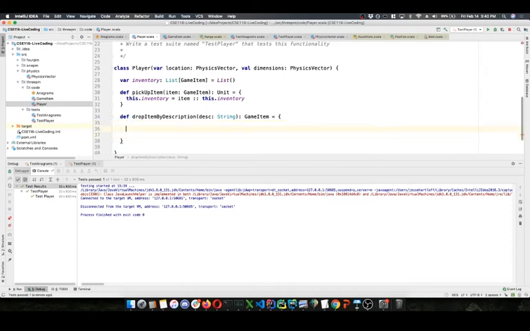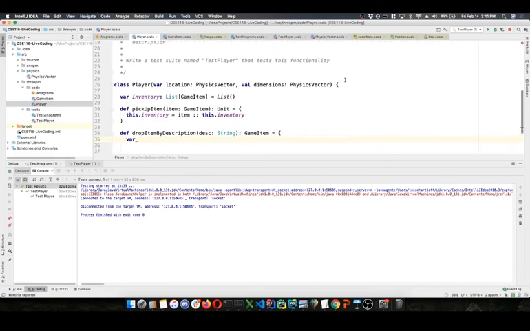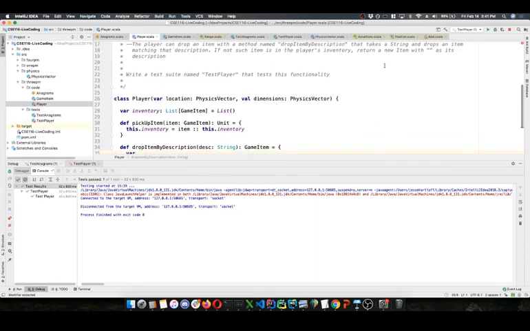So first we know var, and if there's no items of that description, create a new item with no description and return that. That was part of the problem statement. We'll do fancier things later in the semester. For now, we just want to be able to return something without returning null, which is not a Scala way to do things.